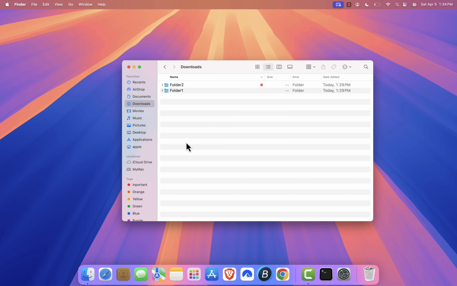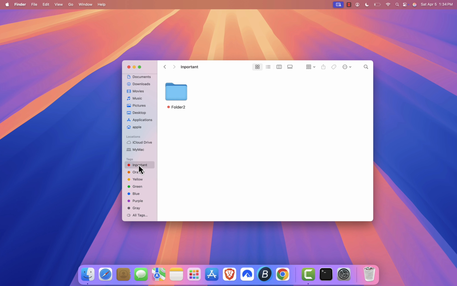Next, let's see how to find files by their tag. In the Finder sidebar, click on the tag you just used. Let's say Important. Finder will now show you all files with that tag, no matter where they are stored on your Mac. This is really helpful for grouping related files, like documents, videos, or images, without moving them from their